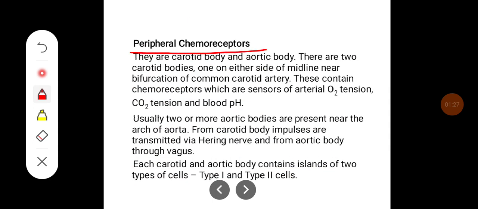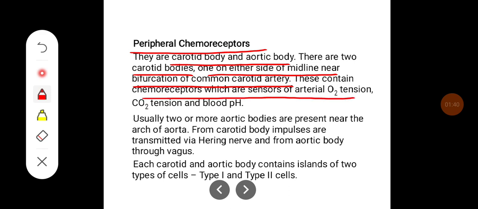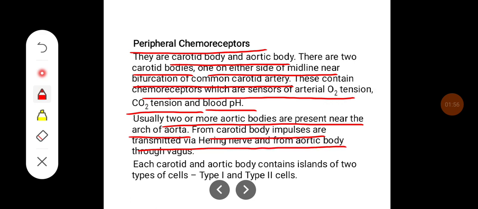Peripheral chemoreceptors. They are carotid body and aortic body. There are two carotid bodies, one on either side of the midline near bifurcation of common carotid artery. These contain chemoreceptors which are sensors of arterial oxygen tension, carbon dioxide tension and blood pH. Usually two or more aortic bodies are present near the arch of aorta. From carotid body, impulses are transmitted via herring nerve and from aortic body through the vagus, that is respectively ninth